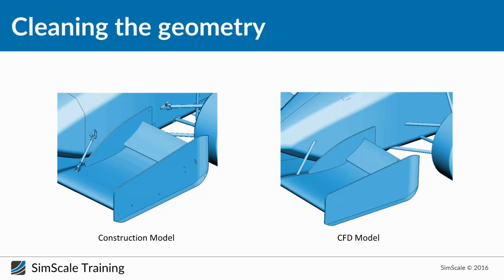As in the previous slide, from the left side we have the construction model, and from the right side we have the CFD model. Let's take a close look just at this beam here, or I don't know what it's called, we can call it maybe a pillar or support element. This element will support the front wing with the body of the car. And as you can see here, for the construction model, there are a lot of details already in the model, like some elements of connection, so a lot of mechanical elements